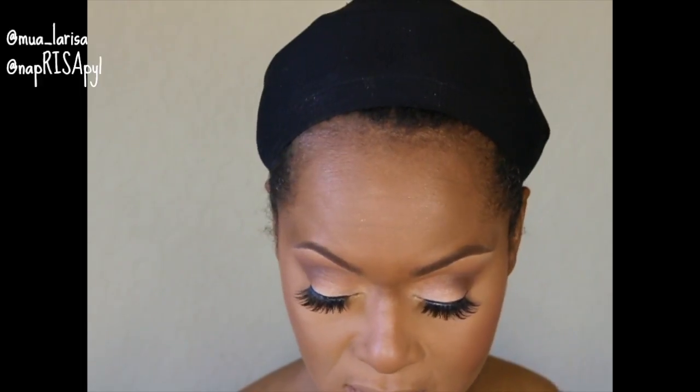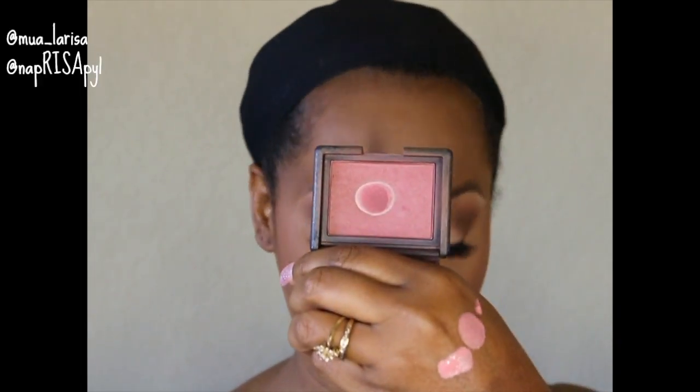Okay, so we're going to go in with one of my favorite NARS blushes, traditional blushes, and that's Dolce Vita. I think I even have a backup for Dolce Vita, like if they ever got crazy and discontinued it, I'm ready. Okay. So, like I said, I love to blend my contour and blush together, and I'm trying not to overdo it, but